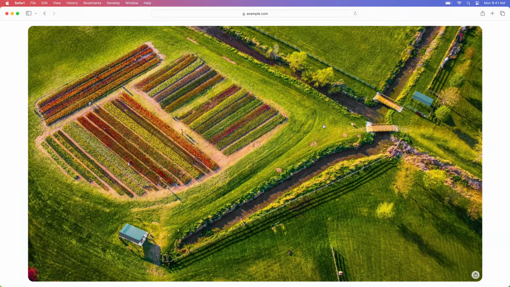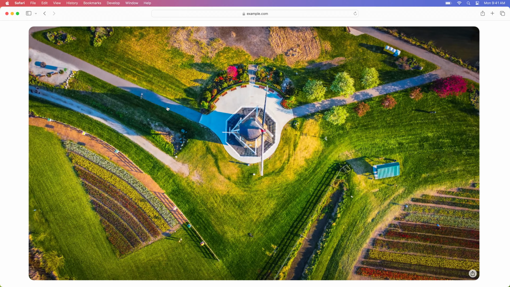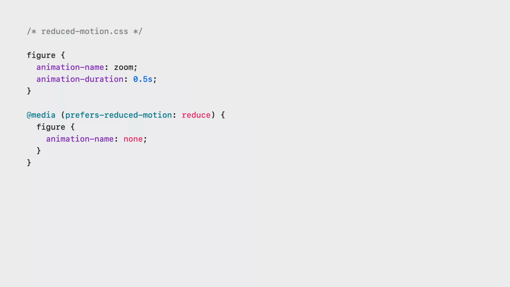Some people can get disoriented by animations with quick and sudden motion, particularly when it happens on the Z-axis. It can cause discomfort, like nausea or headaches. This is definitely not a welcoming experience for them. People can set the preference for reduced motion on their devices to signal that they want websites and web apps to adapt. Us web developers should respect that. This is where the Prefers Reduced Motion CSS media feature is useful.